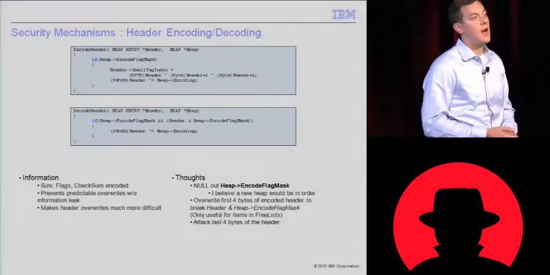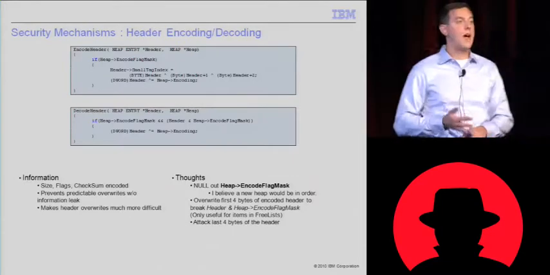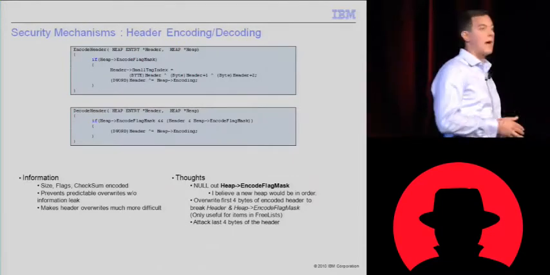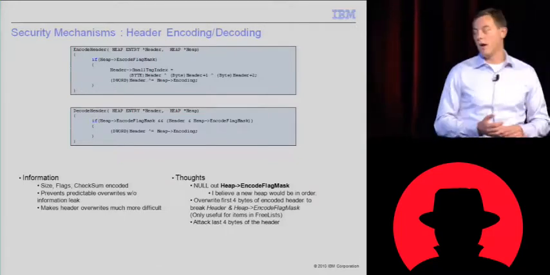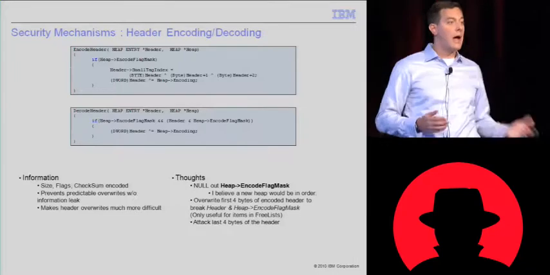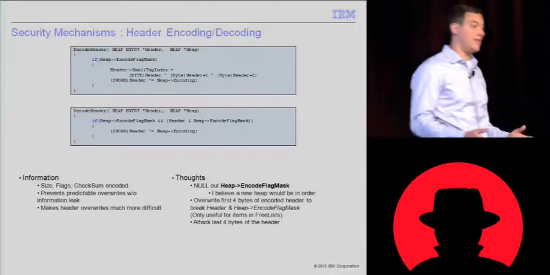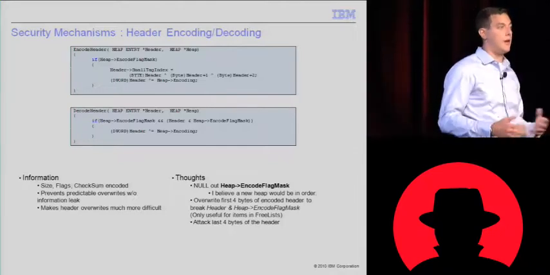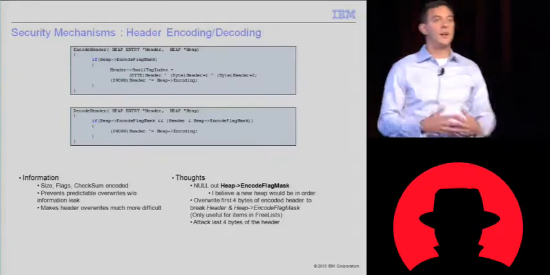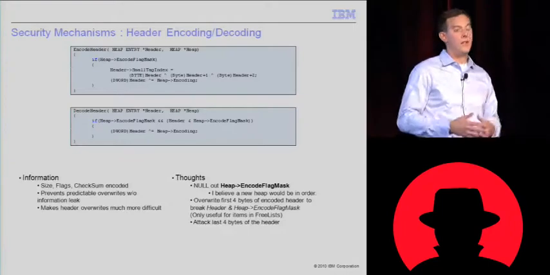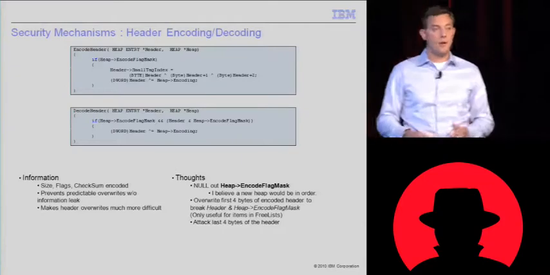The second being, you see how it does an AND, where it ensures the encode flag mask is non-null. This encode flag mask is set in the heap create function, but theoretically you could null it out. And if you null it out, that means this heap will no longer do encoding or decoding. The only problem with this is if you do this to a heap that has already been encoding chunks, the sizes of these things and the checksum will be all munged because they were already encoded, and if it treats them as unencoded, they're going to be way off. Maybe you could create a new heap with this value and then do your size overwrites, but again,